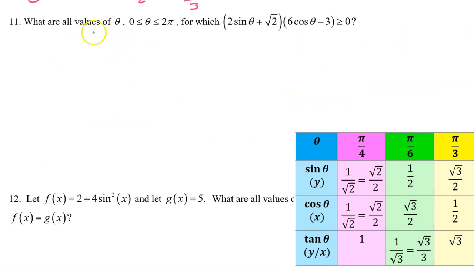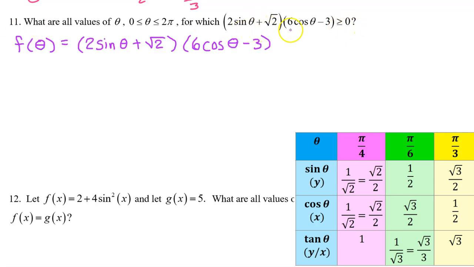Number 11. What are all values of theta on the interval from 0 to 2 pi, for which 2 sine theta plus radical 2 times 6 cosine theta minus 3 is greater than or equal to 0? For a complex inequality like this one, we ultimately need to make a sign chart. But first, make sure you have 0 on one side like this, and name the left side of the inequality